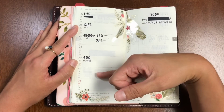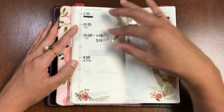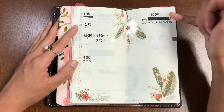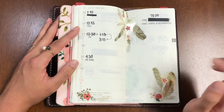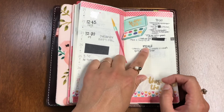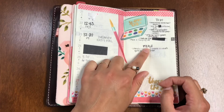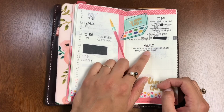And I've just been putting in bold some appointment times on the left and just leaving it at that. And I've kept a to-do list on the right. And I've not done my meals section again. What this was for, I realize I never really explained it in my initial video of this setup, but I'm